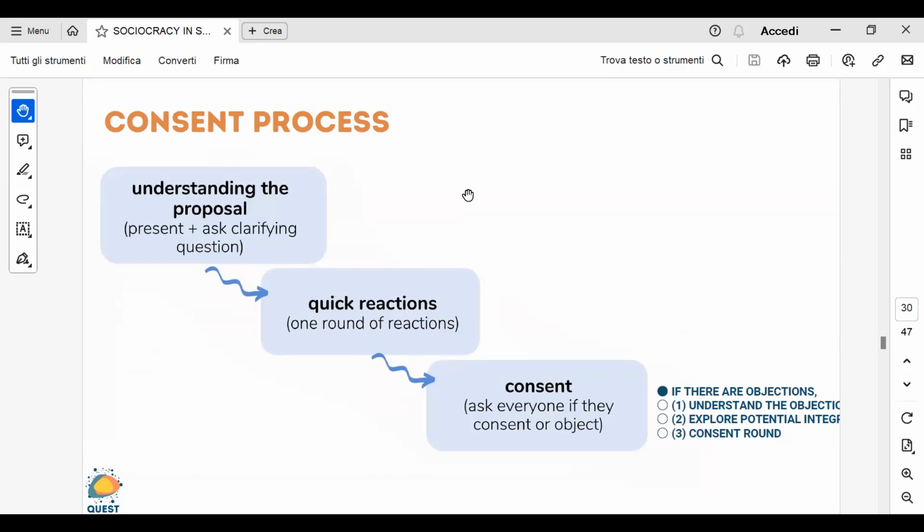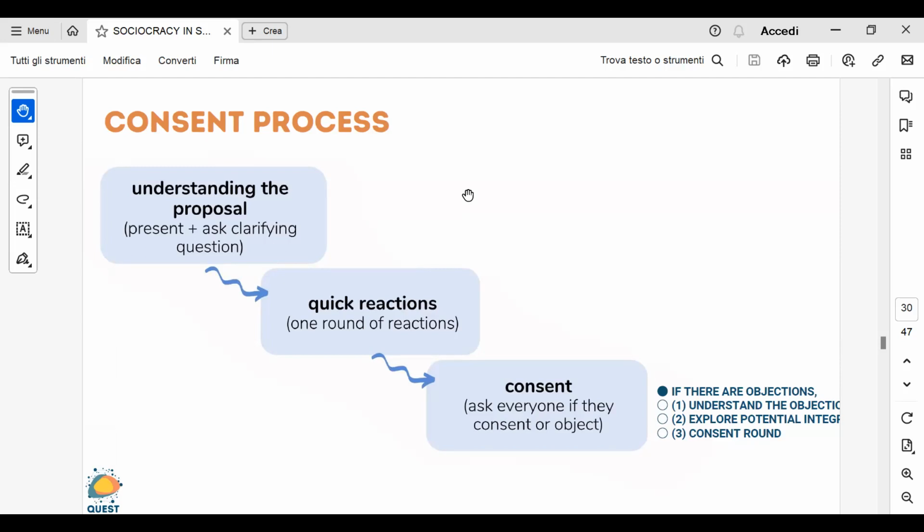It's a 3-step process. In the first step, there is a proposal. We always work with a proposal. When there is a situation that we need to solve, the first thing is we try to construct a proposal, and we offer the proposal to a circle. The person explains the proposal and everyone needs to understand it. So there is a round of clarification. The facilitator will say, do you have clarifying questions or is everything clear? And there, the person that presented the proposal can offer information.